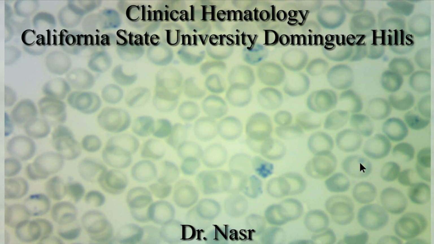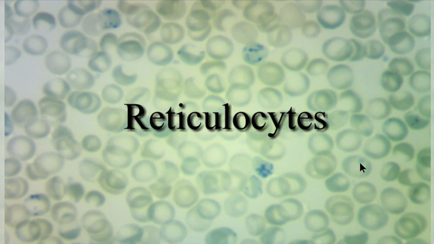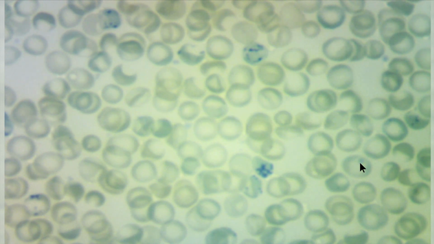In this clip I would like to discuss reticulocytes. Reticulocytes are young red blood cells that have been recently released into the circulation. So the idea is that we know the normal rate of reticulocyte production in a normal person, and when a patient presents with anemia, looking at the reticulocyte percentage is going to tell us whether or not the